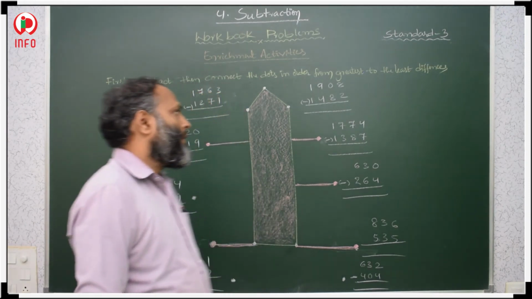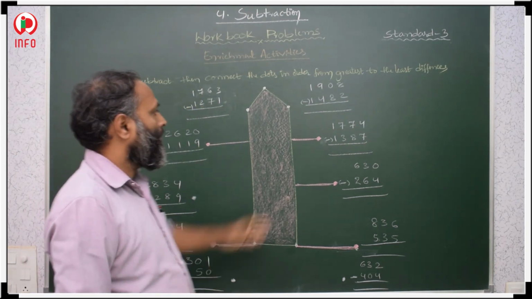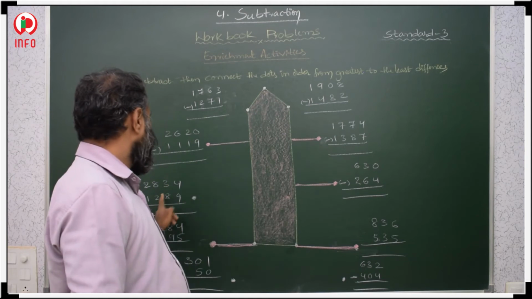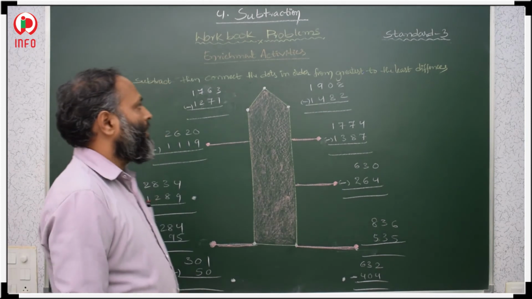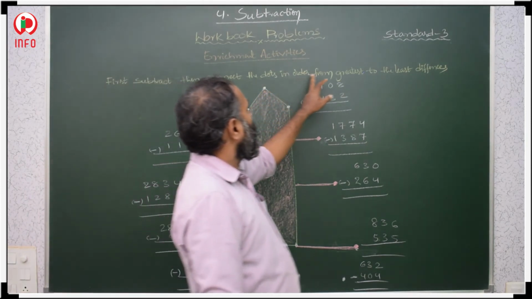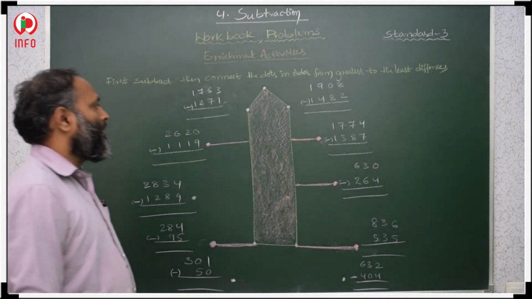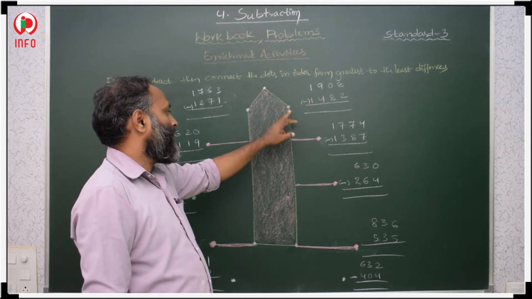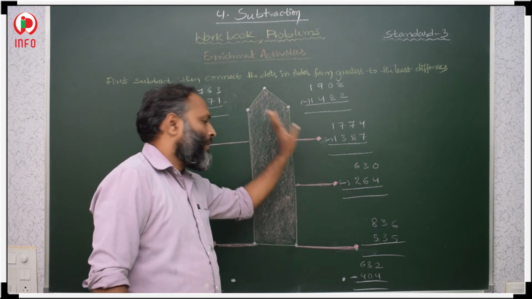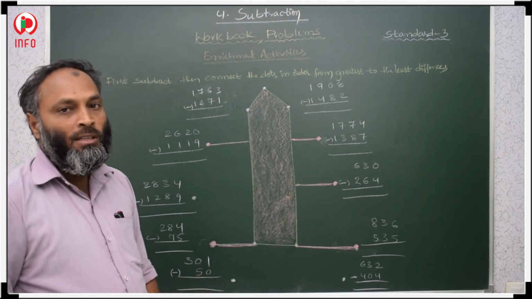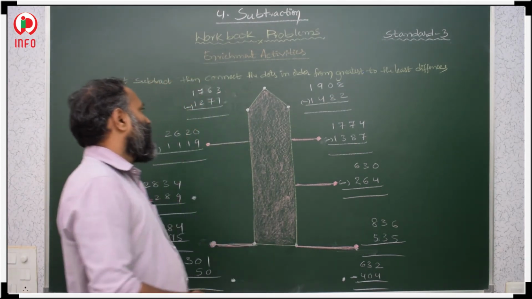In this enrichment activity, first we have to subtract all the given numerals 1, 2, 3, 4, 5, 6, 7, 8, 9, 10. 10 numerals. So from greatest to least one we have to join the dots. Whatever dots are given here, we have to join. So what will come in the figure?